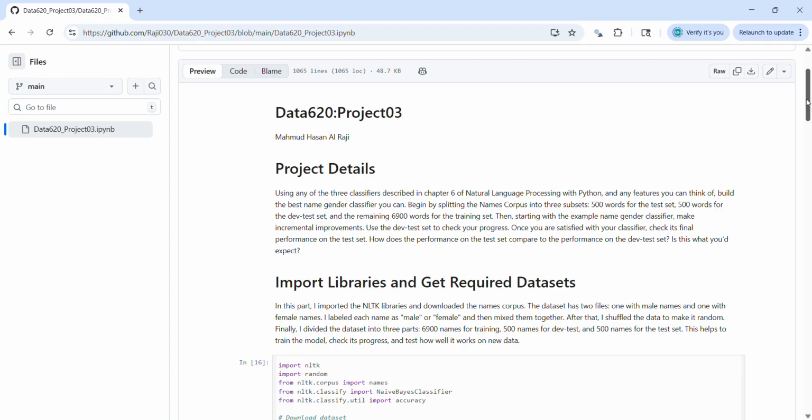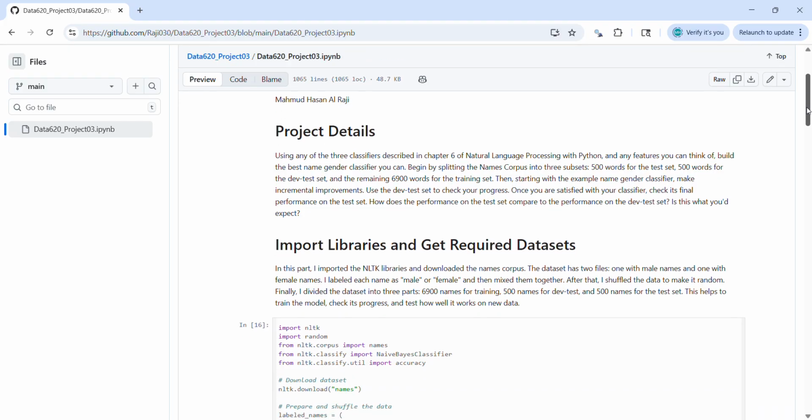In this project, basically I built a name-based gender classifier using a naive Bayes algorithm. To improve the classifier, I tried different feature sets and evaluated each one on the dev test set to identify the best performing feature combination, and based on those results I selected the final features and then tested the classifier